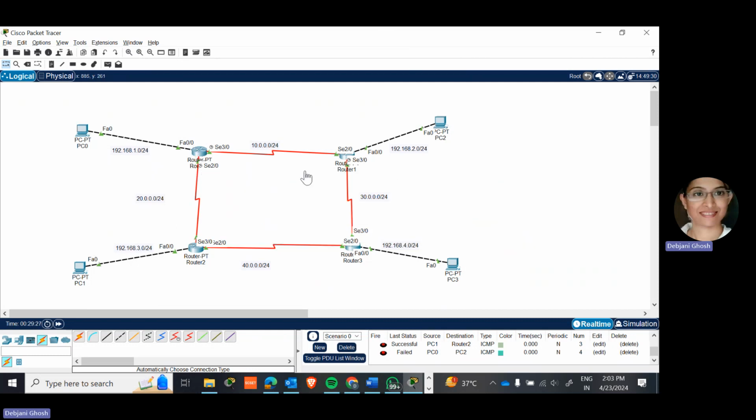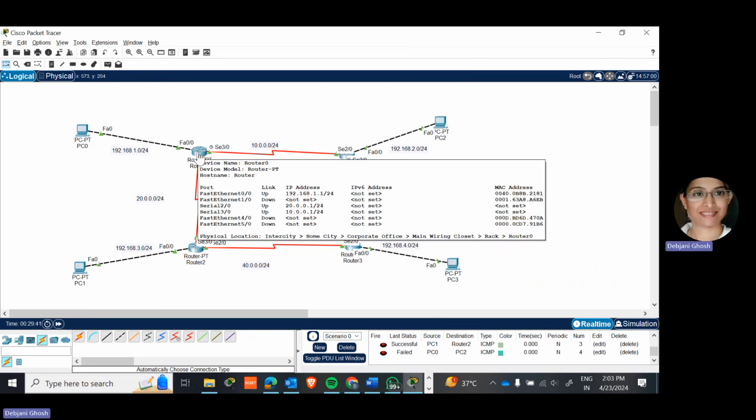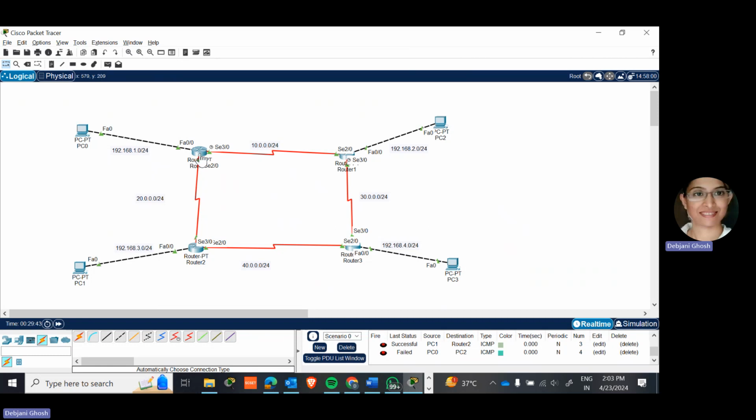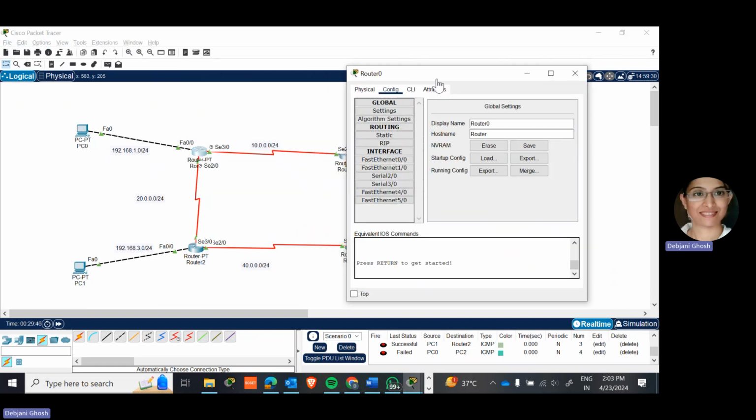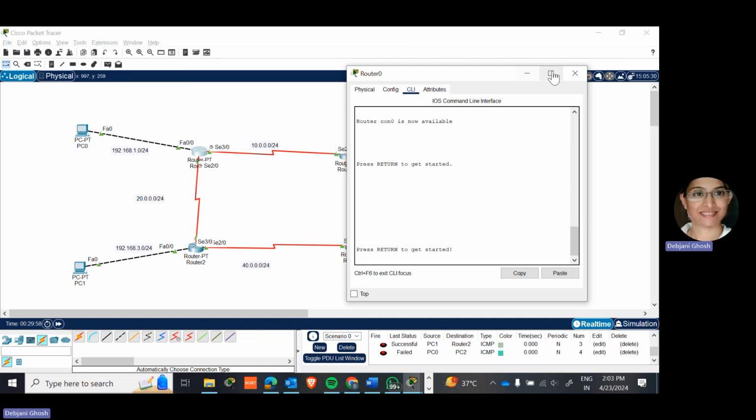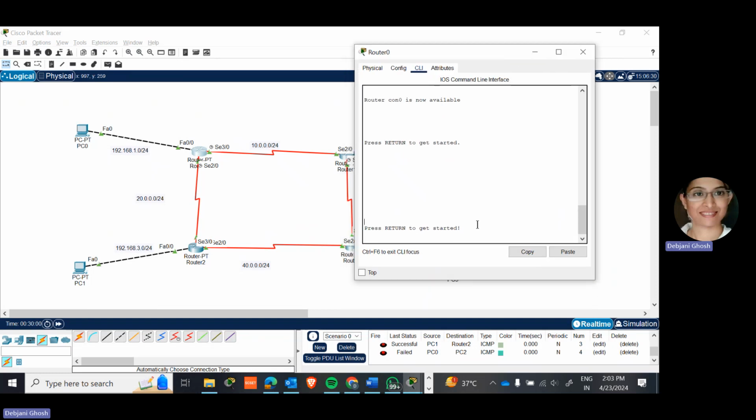Okay, so now I will show you how to configure the EIGRP protocol on a router so that the router can route the packet from one subnet to other subnet. Okay, so I'm giving you that configuration. So click onto the router. Okay, and if you see in a GUI, there is no provision to directly configure the EIGRP using the GUI. So what you have to do is go onto the CLI, which is the command line interface, and then